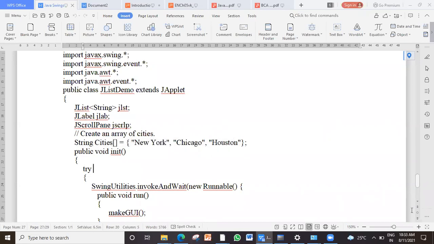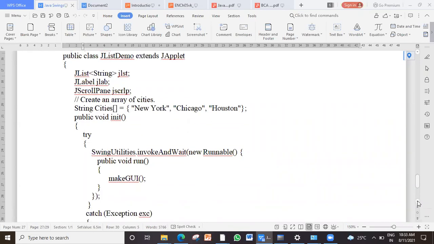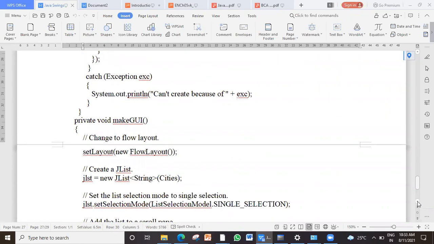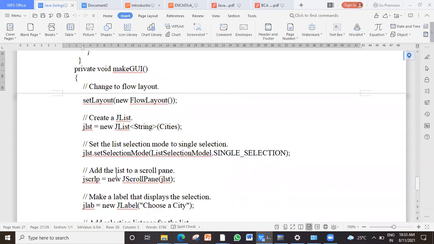Now see, what I'm doing is creating a list with this array. Which array? You know that the cities array is already defined with 3 values. That you can add here, or here itself you can add the values. That also you can. Clear?